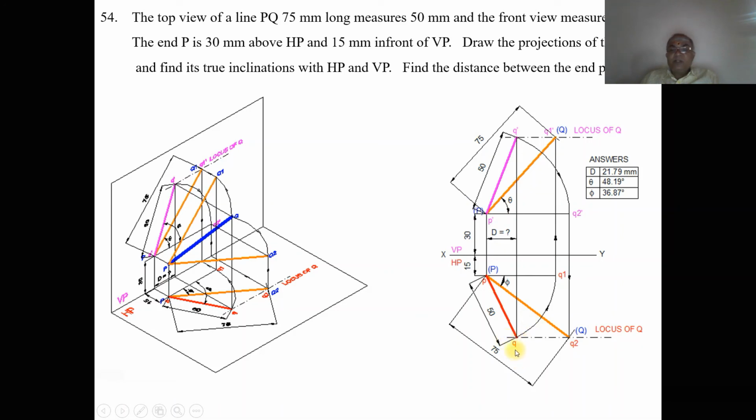You mark this point as Q and join P and Q with a dark line. So we have the top view, which is 50 mm. You mark this as 50 mm and then identify this angle as phi. By using the protractor, you measure the angle phi, that is the true inclination with respect to VP, which is 37 degrees when you are doing it manually. When you are doing it in computer, it will be 36.87 degrees.